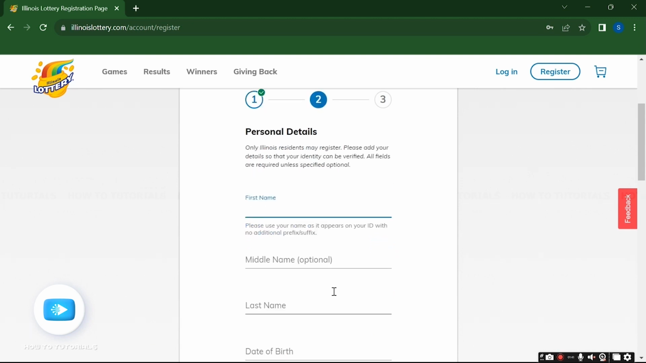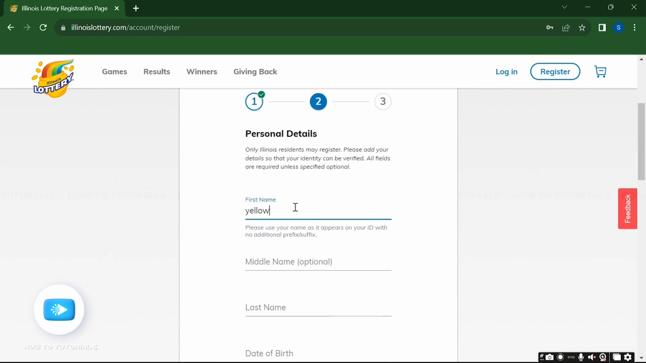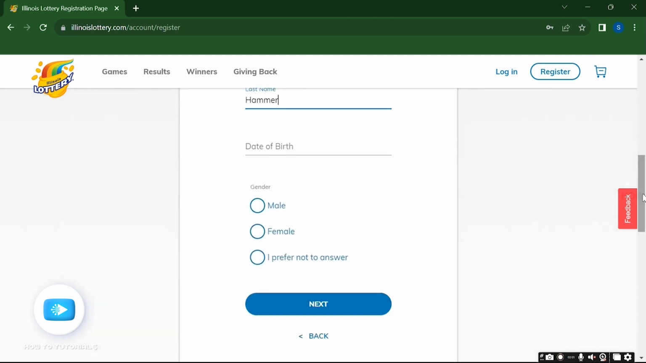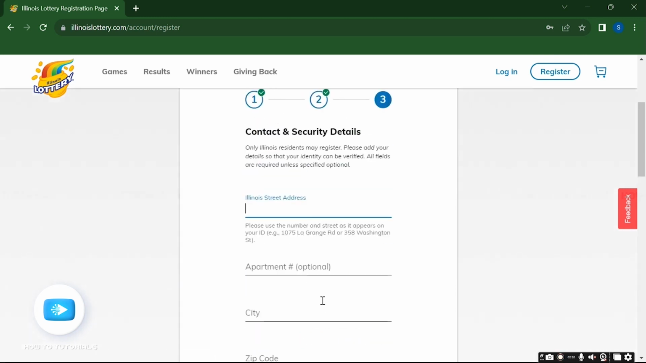On the next step, enter your personal details. That includes your first name, last name, your date of birth, and your gender. After you give the details, again, click on next button, where you will have to give your contact and security